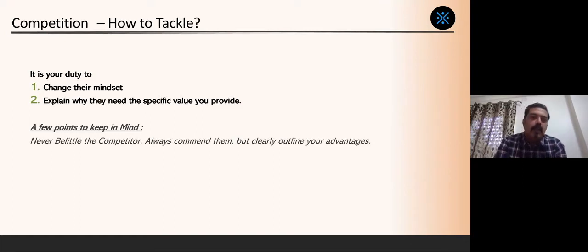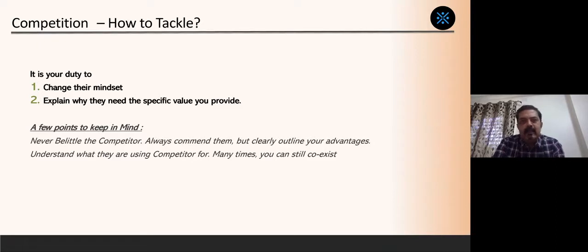You should always give some good commendation about the competition. The moment they say, "Okay, I'm working with company XYZ already," say, "Oh, company XYZ, I know them, they're a good company. They have a good product. Good to know that you're using them already." This is a soft tone. This actually gets them to think, okay, this guy is also appreciating the decision that I've taken to work with that competitor. Fair enough, let me listen to him further. It gives that soft intonation, and then you start clearly outlining the advantages that you bring onto the table,